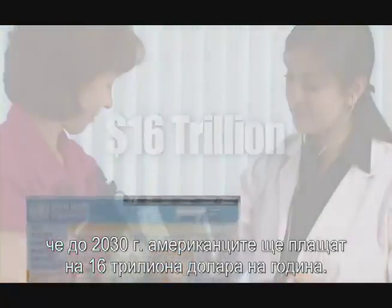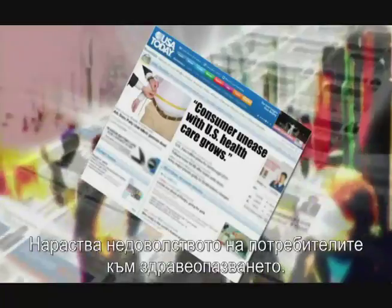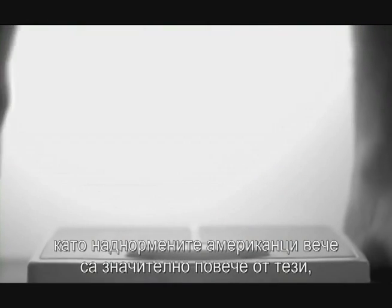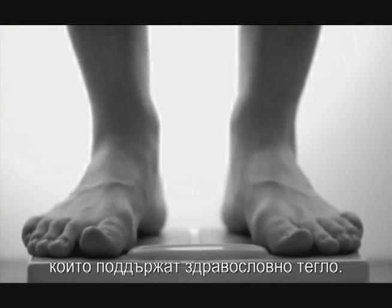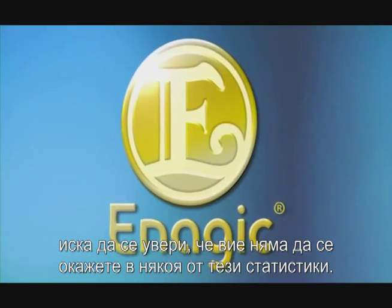trillion per year. Recently, the World Health Organization ranked the U.S. 37th best in the world in healthcare system performance. Consumer unease with U.S. healthcare grows, and it's no wonder. Americans are rapidly becoming the heaviest people on Earth, with overweight Americans now significantly outnumbering those who maintain a healthy weight. Enagic Incorporated, a Japanese company founded in 1974, is trying to make sure that you don't end up being